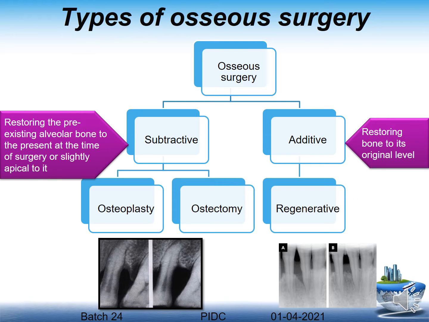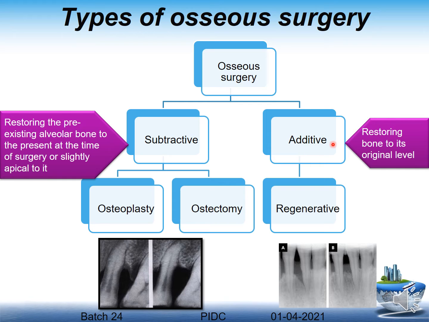So coming on to the types of osseous surgery, there are two types, either subtractive or additive. Subtractive osseous surgery is nothing but you are going to remove a component of your bone. So you can see an image here wherein you have a one wall defect. This patient has a pocket on this particular tooth, and if the pocket gets deeper, then there is going to be more bone loss here. So what we do is we take off this wall of the bone, and then we make it flat so that the gingiva falls back to it, and the patient is able to maintain himself. So this is a subtractive type of osseous surgery.